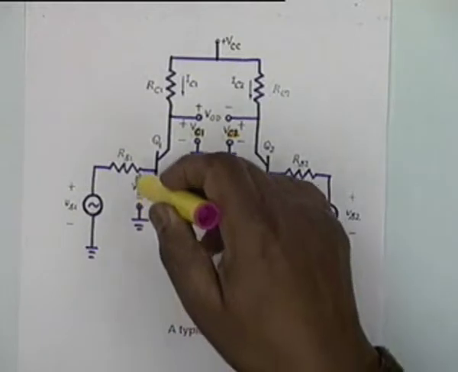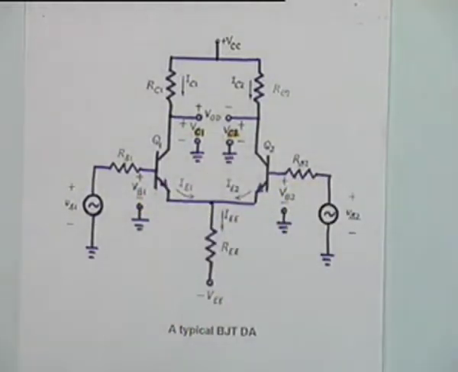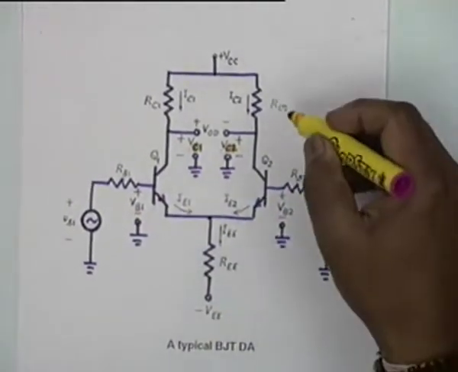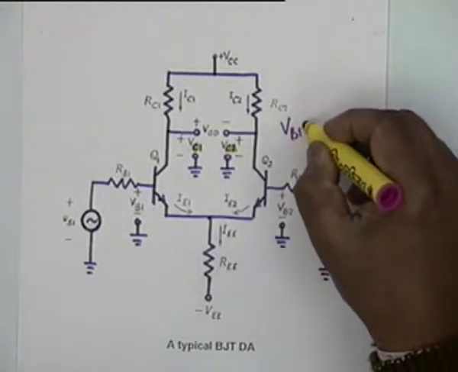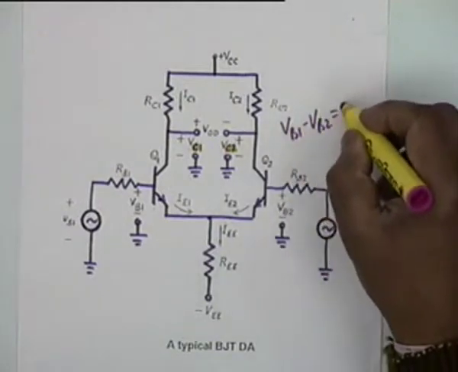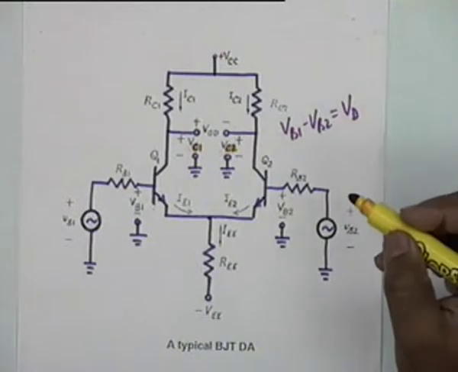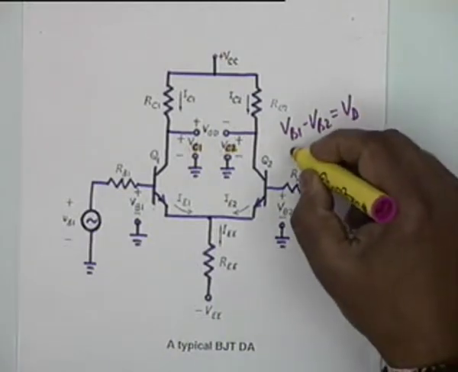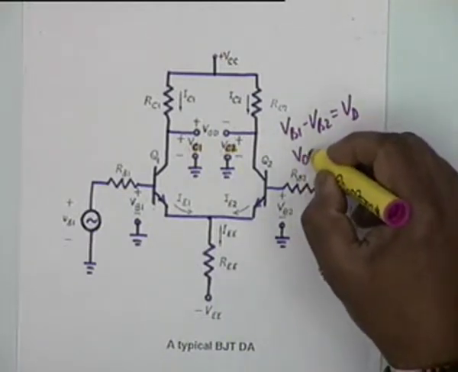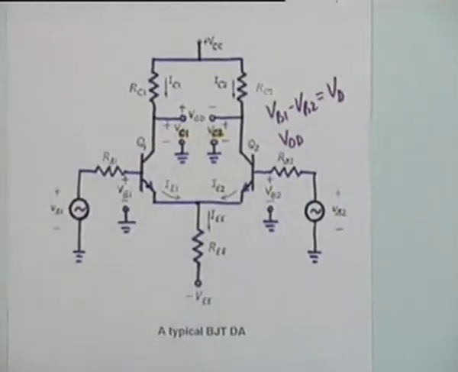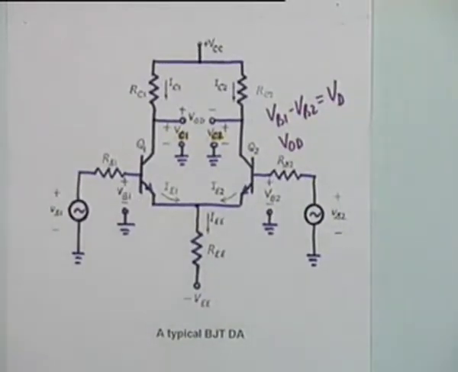We assumed VB1 minus VB2 as equal to VD, and we found out an expression for VOD in terms of VD through the